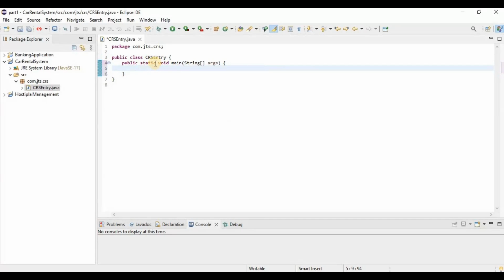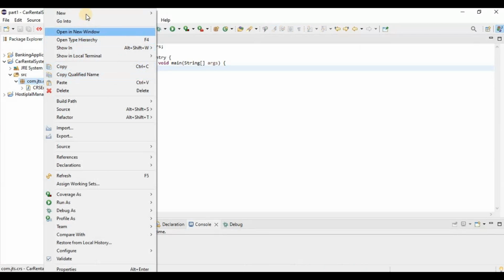Okay, so first of all we need to predefine some cars so that we can check how many cars are available. Based on that we can display to the user: these are the available cars, and from there you can pick one of them based on your choice. So for that we need to create one car class over here. So let me create one class